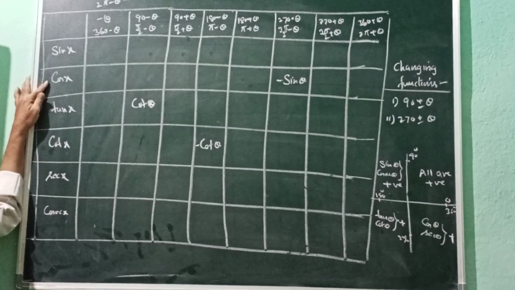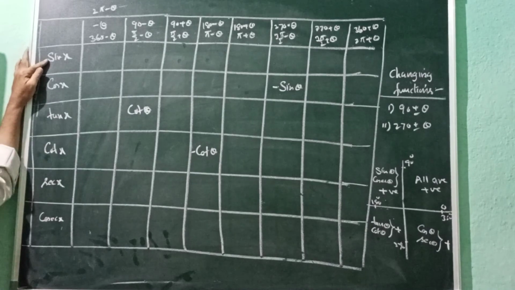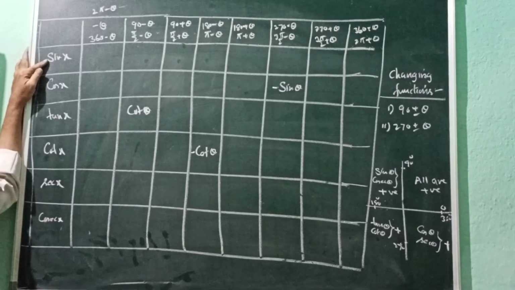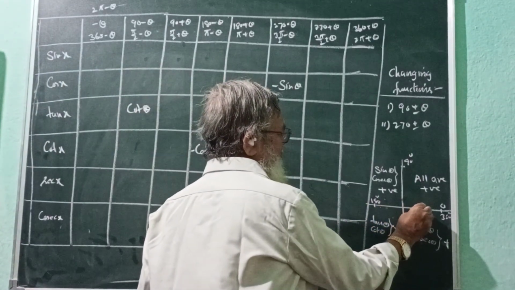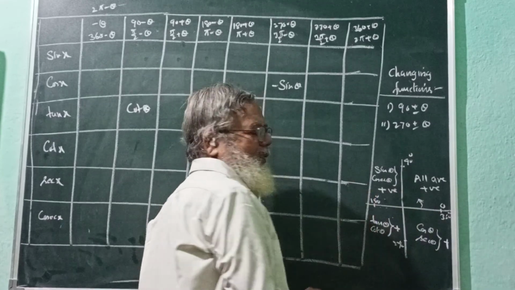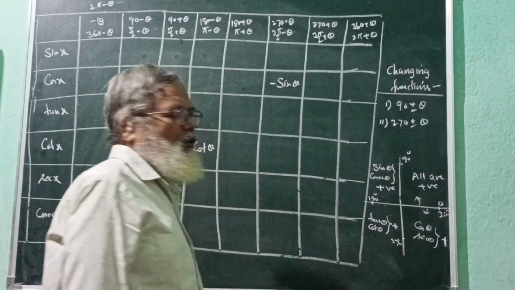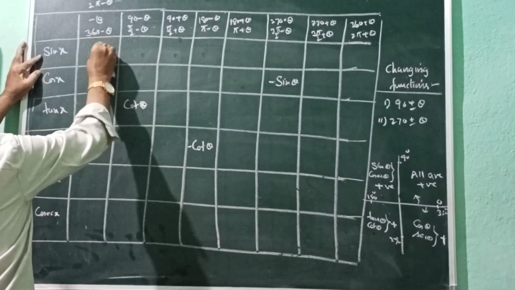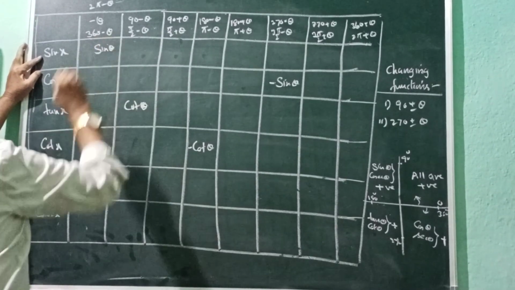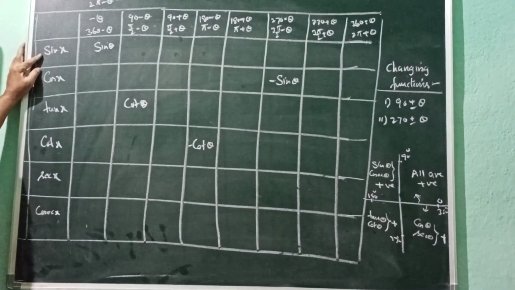Similarly, let us write down what is the value of sine of minus theta. Minus theta means, you see here, plus theta is measured in the anti-clockwise direction. Minus theta means it is clockwise direction. The angle comes in the fourth quadrant, and it is not a changing angle. Sin theta will become sin theta only. But whether it is positive or negative, we see that in the fourth quadrant, sine is negative. It is minus sine.